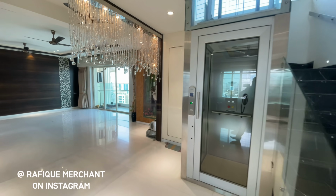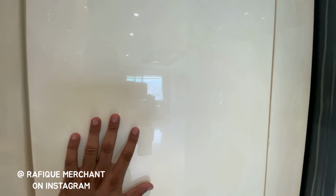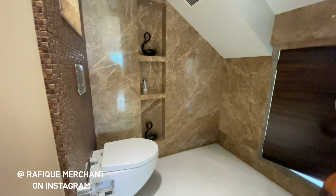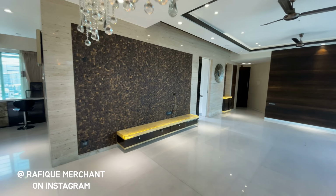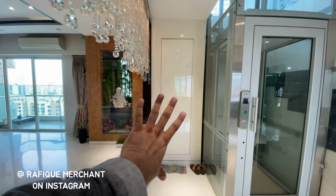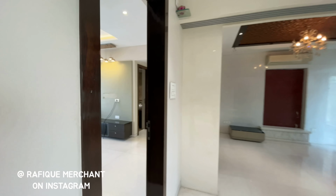I just forgot because the bathrooms are camouflaged in such a way. Have a look at this. This is the bathroom here. You got a shower area here as well. You got a duct storage. If I take you in, you got a massive storage behind. So all the bathrooms are camouflaged. So it doesn't look like somebody's popping in and out of bathroom. Just camouflage. Have a look at this. Doesn't look anything. So going into the bedroom here,